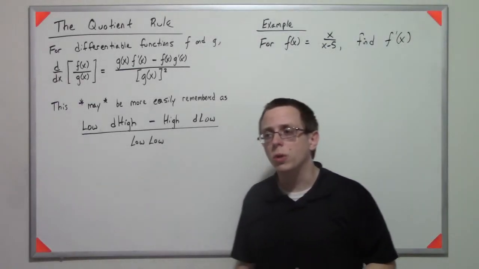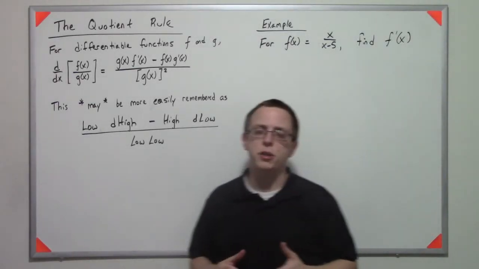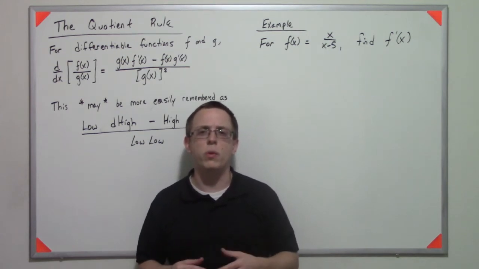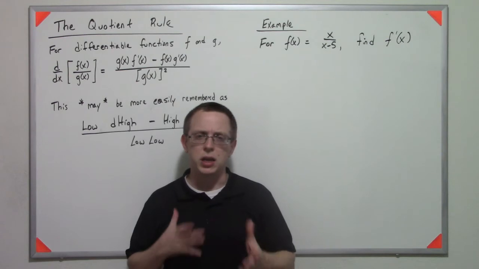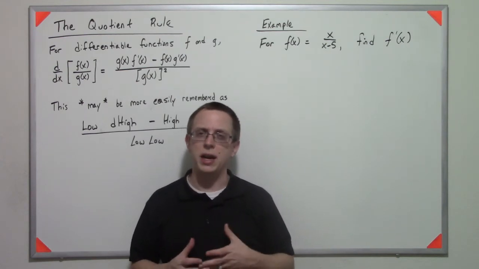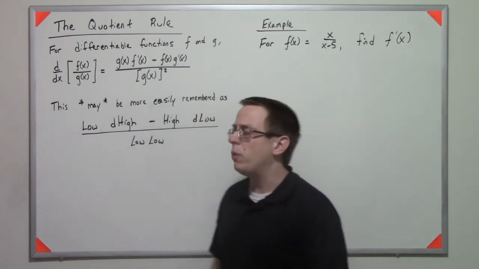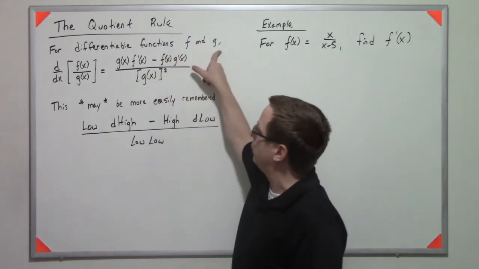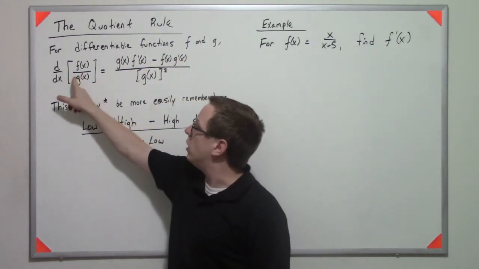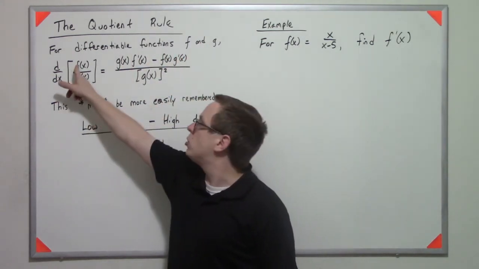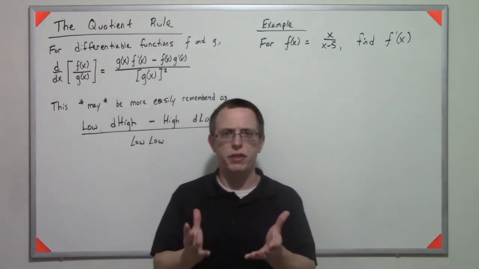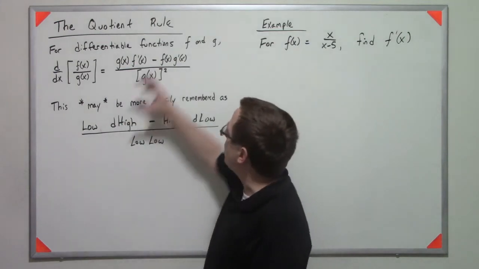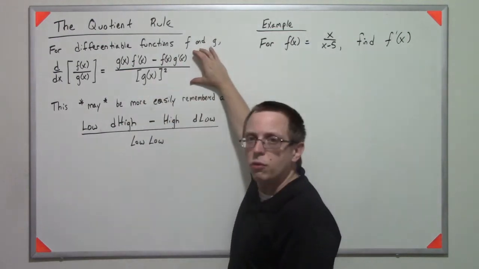The quotient rule is a differentiation method that I think students struggle a lot with because it ends up with a lot of terms that don't necessarily line up in a particular way that is preferable. So what we have is two functions f and g, and you divide them. So you have some function in the numerator and some function in the denominator. If you want to take the derivative of that fraction, what you end up with is this formula,